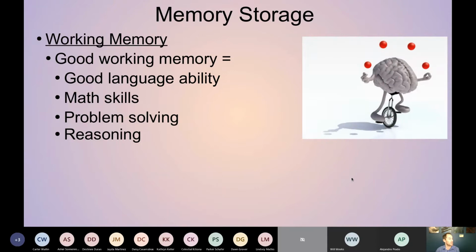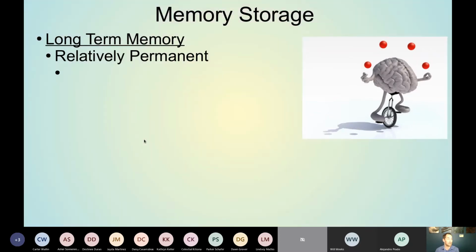So good working memory is correlated. So it probably shouldn't be equal. It should be something saying that there's a correlation between good language ability, like the ability to understand language, math skills, problem solving. So not just things like math problems, but also other problems in the world, or problems with, say, like chess or things like that, and reasoning. So the better your working memory is, the better you will tend to be at these other fairly difficult and cognitively intensive tasks. So working memory is a really good thing to try and work on and focus on and do better at.